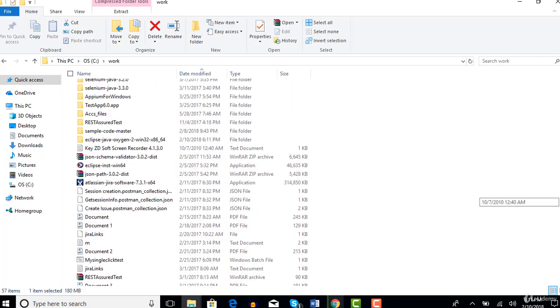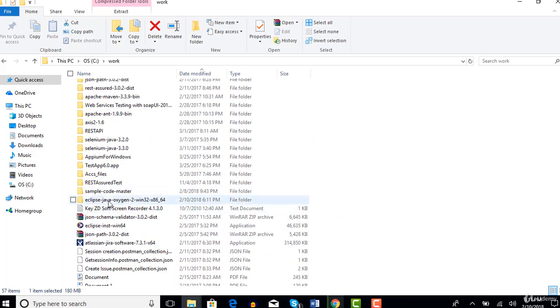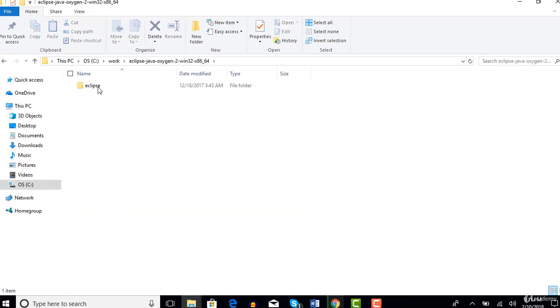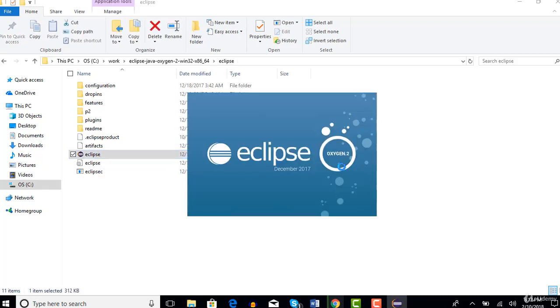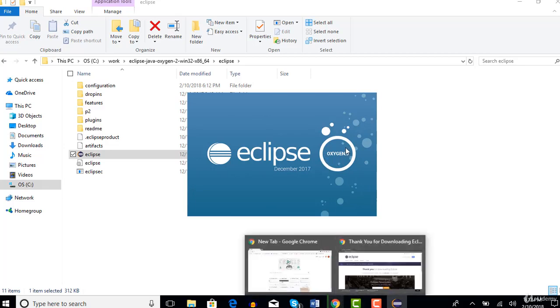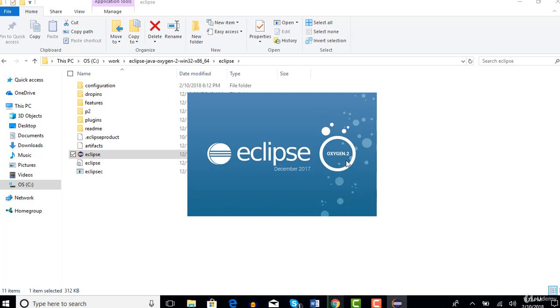Cool, it's done. Let's go and search for that. Yeah, this is the folder. Select this and you have Eclipse, and this is the .exe file which you need to invoke. There are a lot of other files in it, you don't need to worry about them. Let me select that. You see Eclipse Oxygen, the version name, and this keeps on changing. Don't worry about the version name they have given, Oxygen, Neon or Kepler.